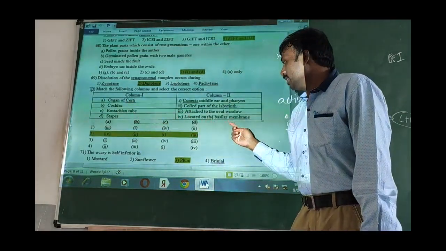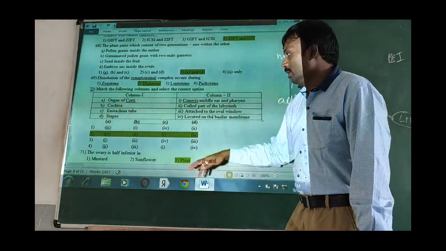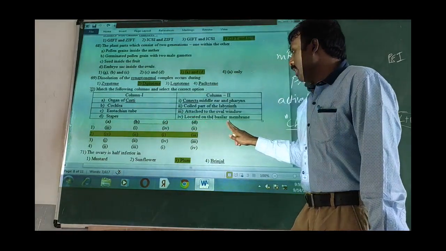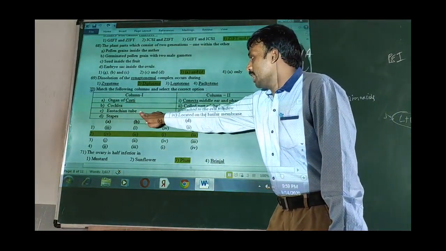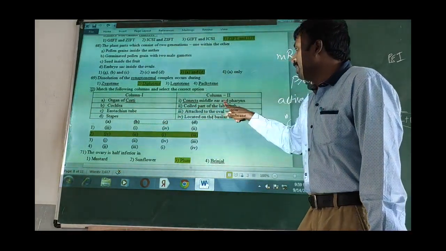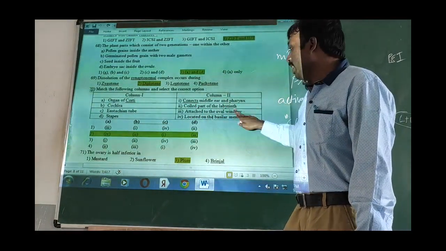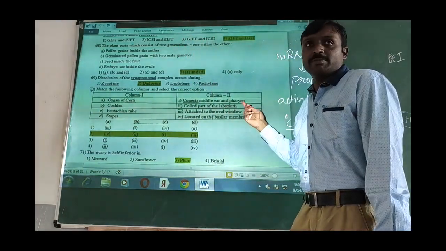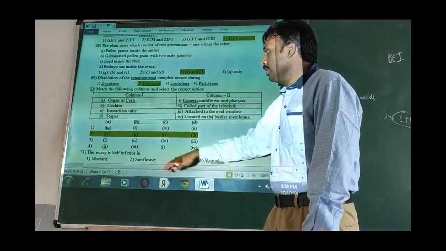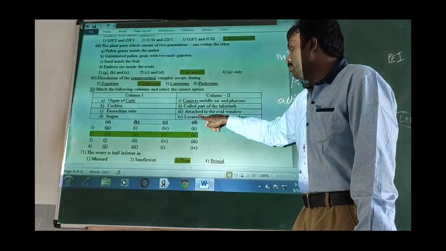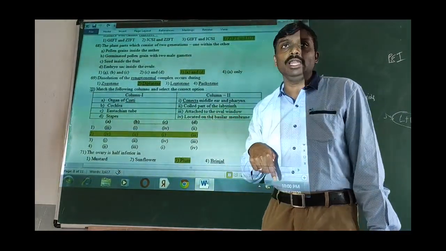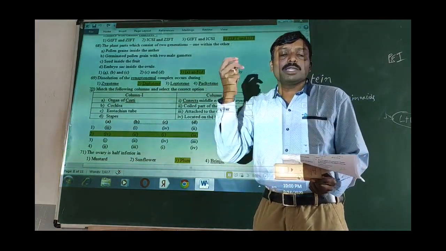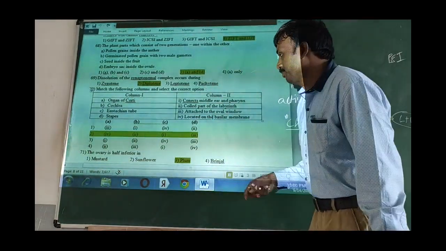So the organ of Corti is located on the basilar membrane. Like that, cochlea is a coiled part of the labyrinth, and Corti is on the basilar membrane. Eustachian tube connects the middle ear and pharynx. This pharynx is not the digestive part pharynx. Okay, this is different. This is an ear part. Then stapes is attached to the oval window. So all these internal structures together give audible capacity to a human being.